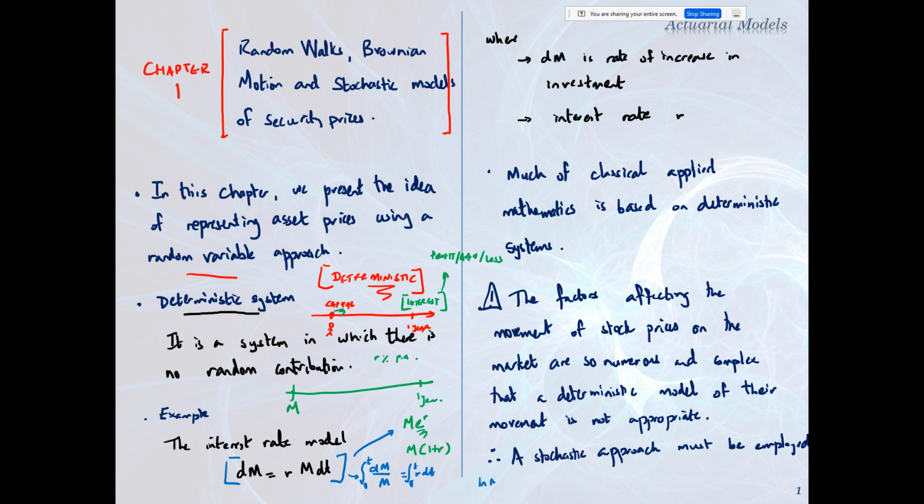I will get ln of M. R is deterministic, so we can put it outside, so it will be t here. So this means that I will get ln of M_t minus ln of M naught equals rt. So I will get M_t over M naught equals exponential rt, which means that my investment after t years